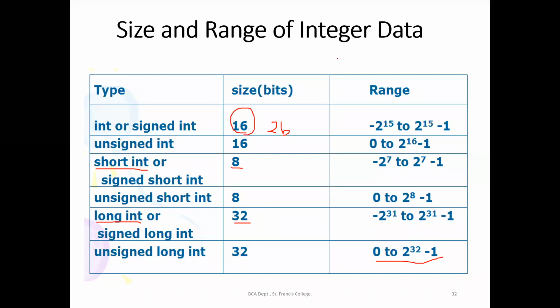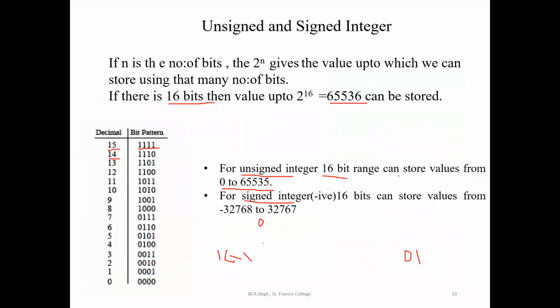Okay, good. All are answering. So this only you have to remember. Integer means 2 bytes throughout the program when we are writing also, short int means 1 byte, long int means 4 bytes. Understood? Only this much you should remember. And you can just write one more line. Signed integer means 1 bit will be reserved for storing the sign.